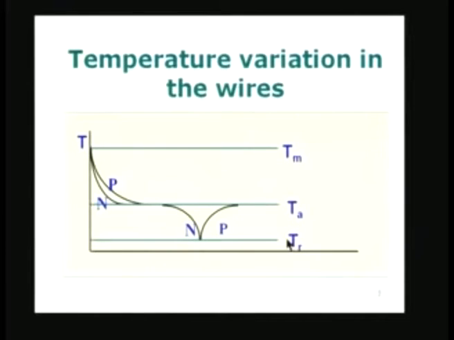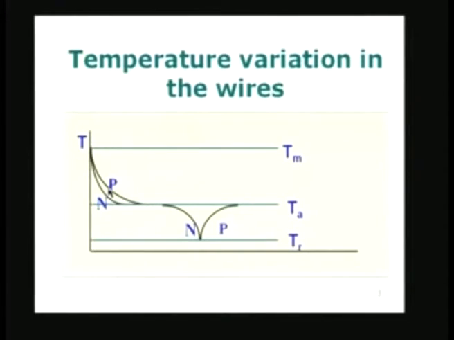There are 3 temperature levels in this particular circuit, and if we look at what is going to happen in the wire connecting the various junctions, the length of the wire may be quite large. If I use a very thin wire and a very long wire, it is likely that the wire will cool off in a short length from the measuring junction. It is T m here at this measuring junction. Within a short distance, it is going to cool down to the temperature T a, which we can take as the ambient temperature.